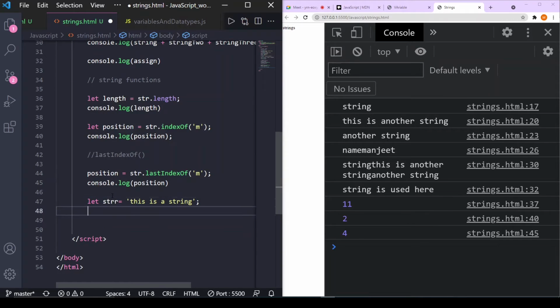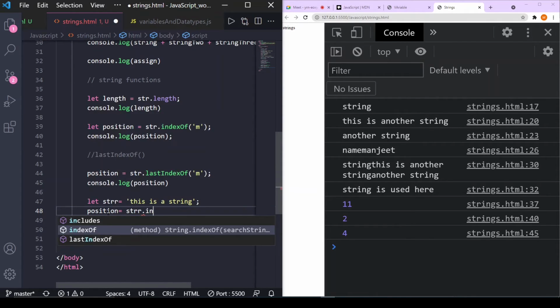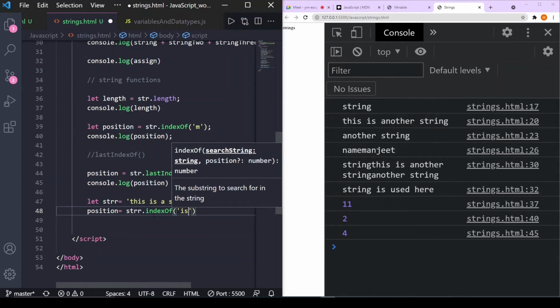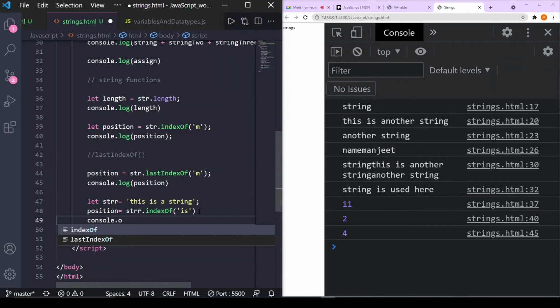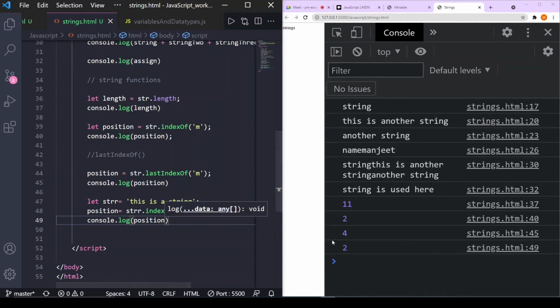Okay, so if now I want to calculate the position of is, again I will use the same method: position equals strr dot indexOf, and for what I want the index, is. So console it, console dot log position, let's see what will output. So it outputs 2. You can see 0, 1, 2, the index of where is first starts is 2, so it shows 2.